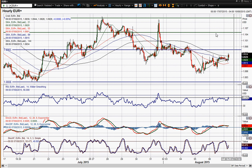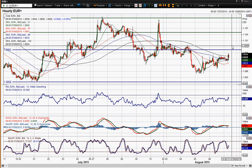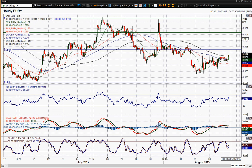In terms of the resistance levels overhead, the key levels, basically you've got the 109.90 level, which has sort of been capping the resistance a couple of days, 109.90, but then around 110.20 was a bit of a pivot level. And again is a minor resistance, but the key resistance obviously comes in at 111.30, which is the reaction high that we saw on the 27th of July. But I don't think that that's going to get to that point. I think the sellers will come in and push it back lower,